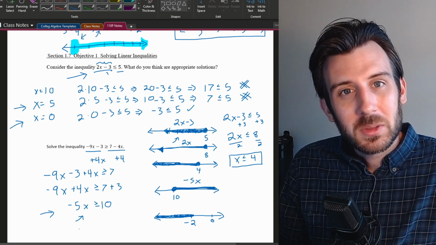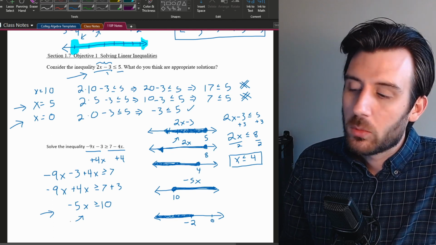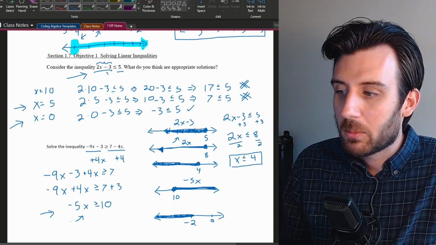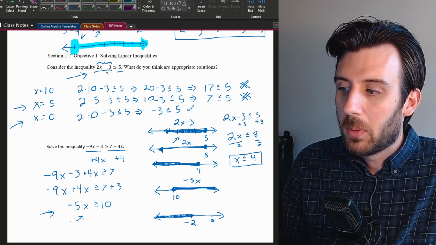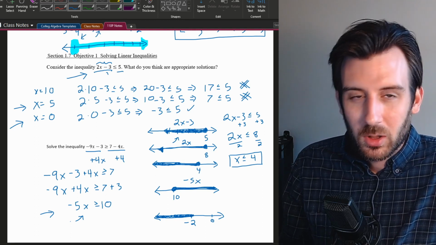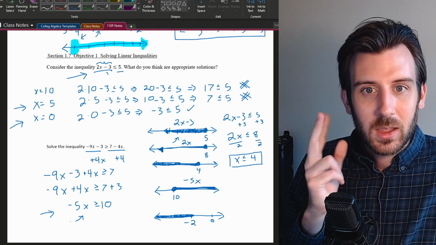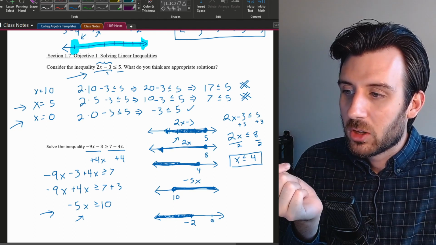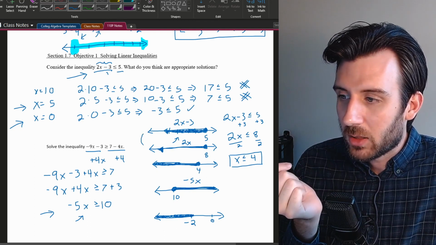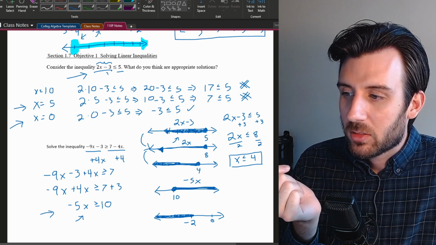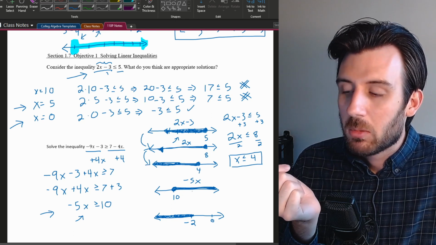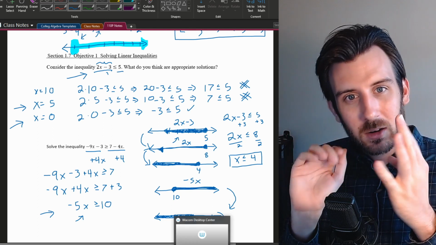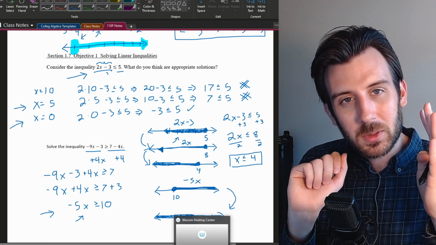So notice that we found something kind of interesting. When we divide both sides of an inequality here by a negative number, we've essentially taken that number line and we flipped it. Here, we had done some shifting where we were shifting things by 3. We're having things go from 8 to 4. When we multiply by negatives, we're really flipping the entire number line around,